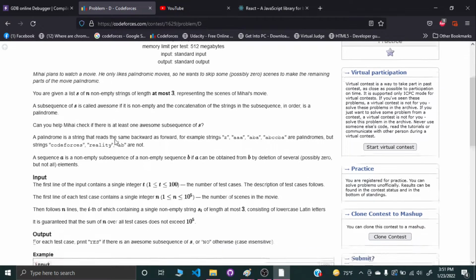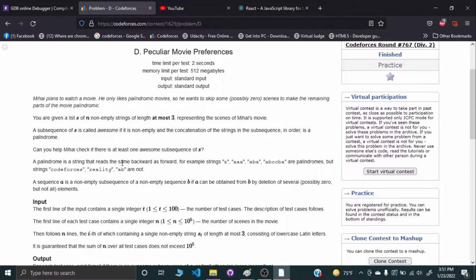What we have to do is output yes or no. The condition is: is there any subsequence that I could make from those strings, where the final string would be the concatenation of those chosen strings, and the resulting string should be a palindrome?